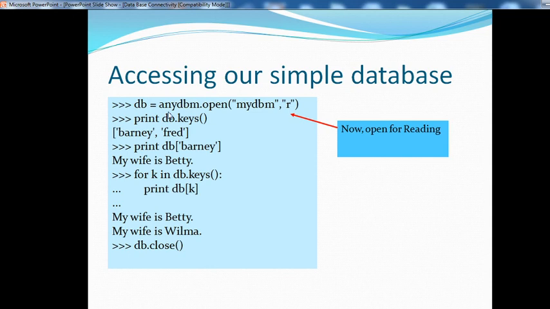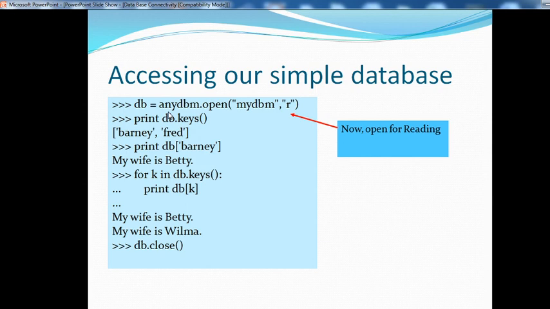Whatever database you created last time, you want to open it. Using the command db = dbm.open, mydbm, r, it is now open for reading purposes. Those are like the permissions you see on your files: read, write and executable. If you want to read the database, use the r mode. If you want to write to the database, use w. If you want to execute, use x.